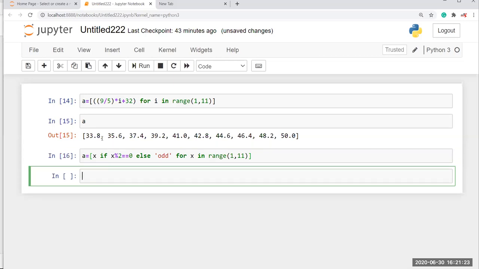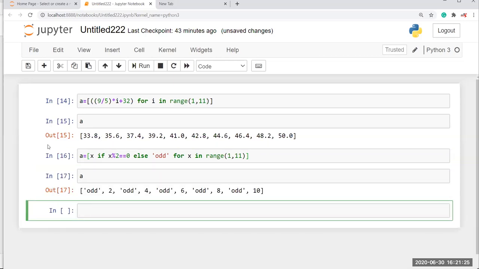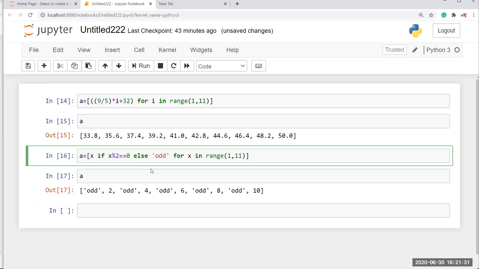Now I check a. I get 1 is odd and 2 is even and 3 is odd and 4 is even and 5 is odd and 6 is even. So you can do if and else conditions in here.